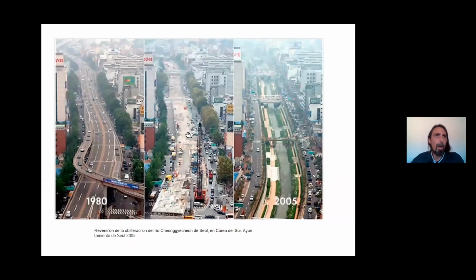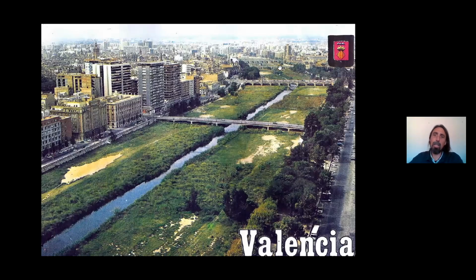So when I talk about all of that, I think to myself, I'm mad. Well, the city has already been built. You can't rebuild it. But at the same time, there are other projects focusing on rivers, Cheonggyecheon, for example, in Seoul, where there was a reversal. They went backwards. There was a kind of retrospective hypothesis. They didn't redo things the way they were, but if there is a political willpower, you can go back to the way things were.